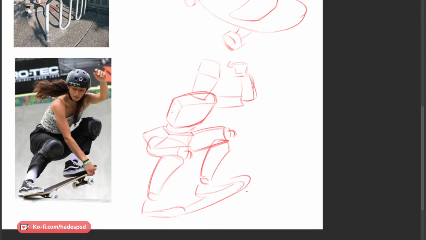But you want to try and draw from imagination, but you also want to learn new poses. So you just mix it up. Try to draw from imagination while still using references from time to time. Because these skating poses, I don't know anything about. So if I try to draw them from imagination, it probably wouldn't be very good.